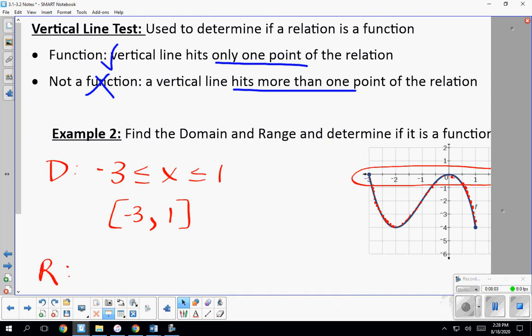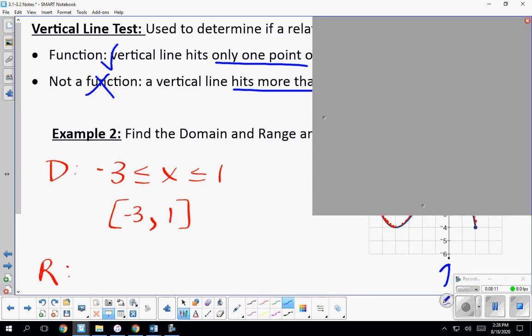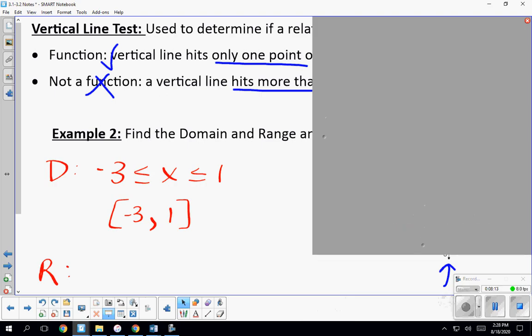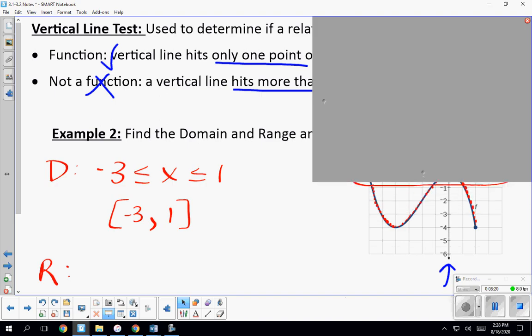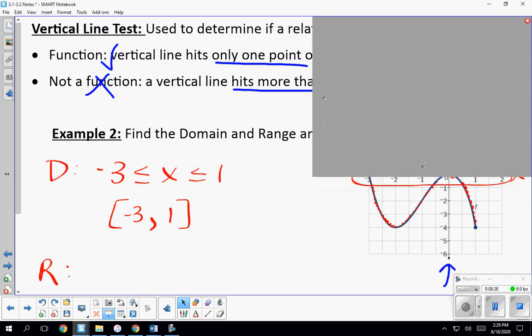If I wanted to look at my range, I could use my screen shape in a different way because range talks about up and down because it's y values. So if I'm now looking at all of these y values, I first get to points when I hit a y value of -4. My points continue until I hit a y value of 0. So they're all between -4 and 0. And if I used interval notation, I would say -4